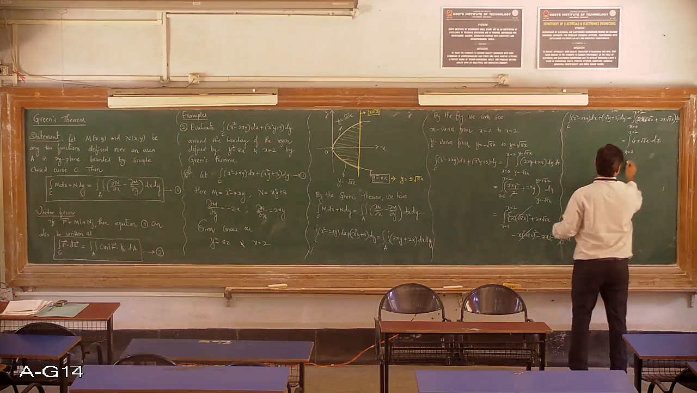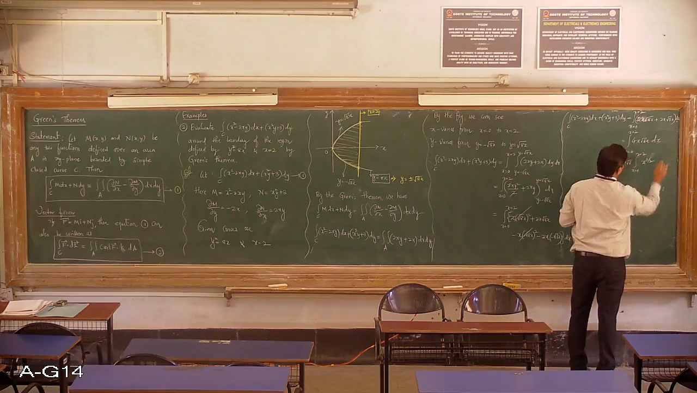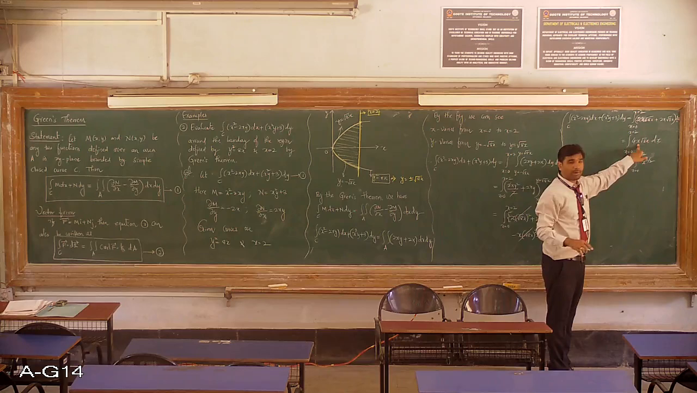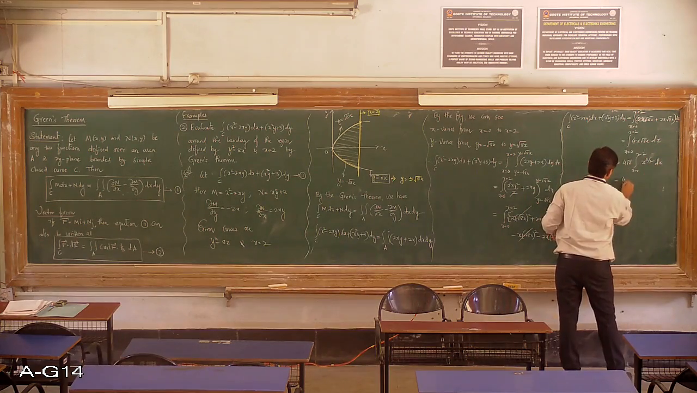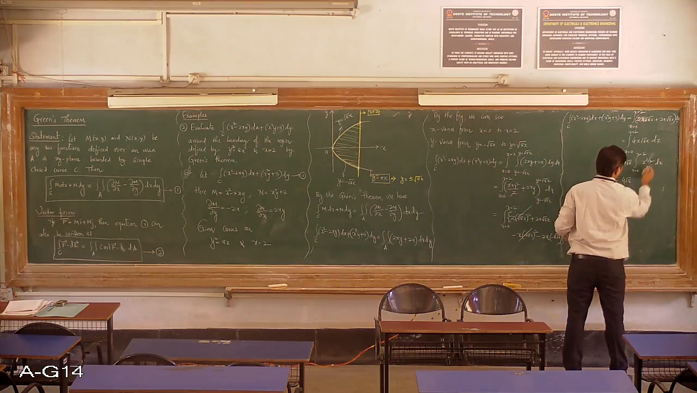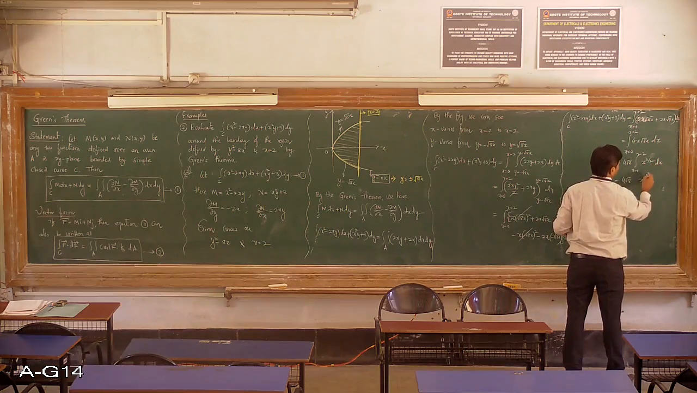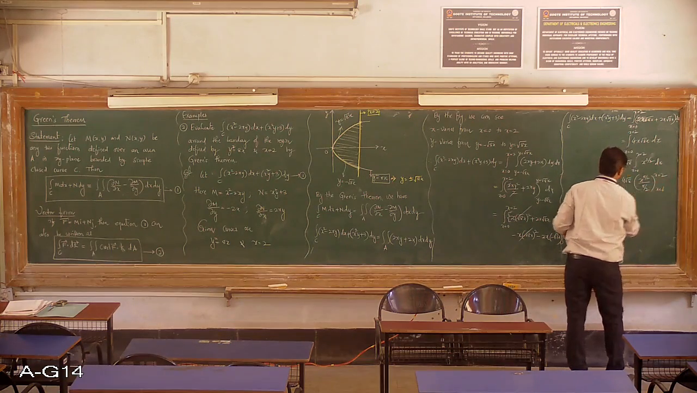That means 4 into root 8, you can keep it outside, and integration from x equals 0 to x equals 2 of x to the power 3 by 2, because x to the power 1, root x means 1 by 2, that means x to the power 1 plus 1 by 2, x to the power 3 by 2 into dx, which equals 4 root 8, integration of x to the power 3 by 2 is x to the power plus 1, that is 5 by 2 divided by 5 by 2, with x from 0 to 2, that is equals to